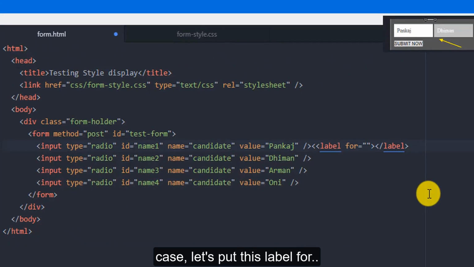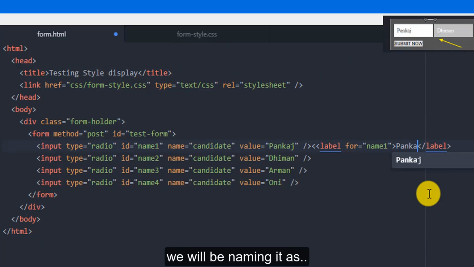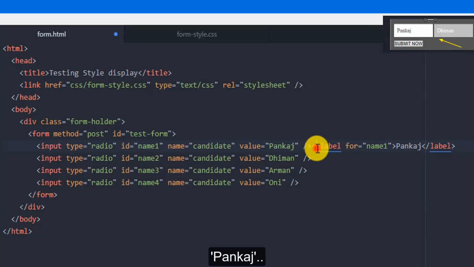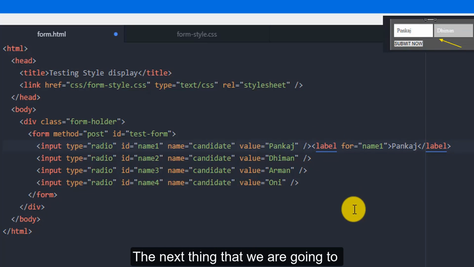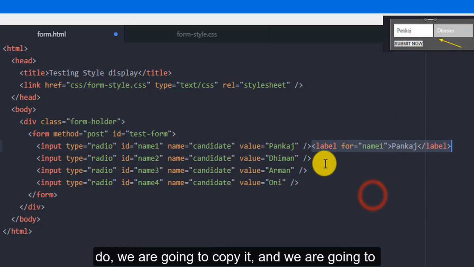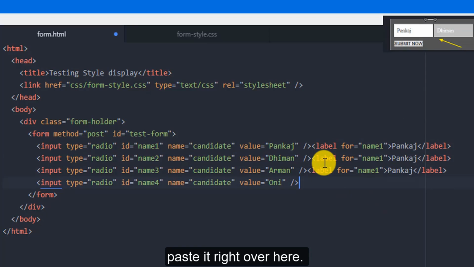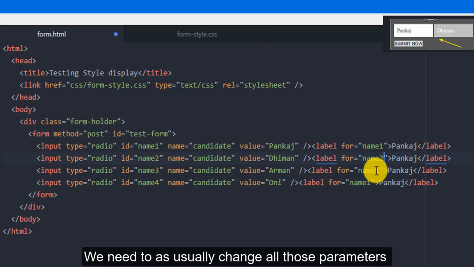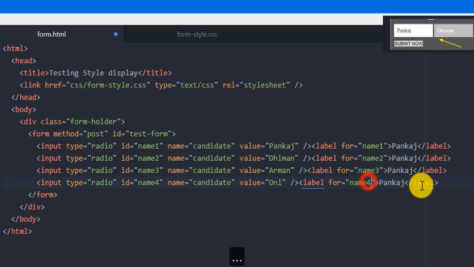In the first case, let's put this label for name1, and here we will be naming it as Pankaj. The next thing that we are going to do is copy it and paste it right over here. We need to, as usual, change all those parameters.